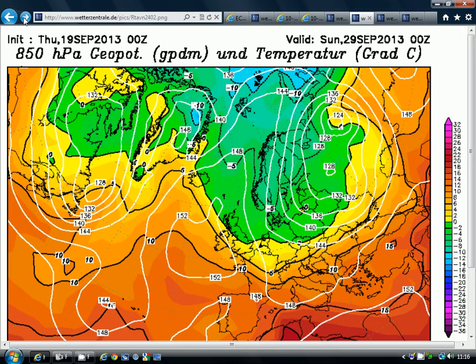And eventually, as we get through to day 10, which is Sunday the 29th of September, then we are bringing that cool air down around that area of high pressure, with high pressure trying to get up towards Scandinavia. Notice it's very cold over Scandinavia, with the -5 isotherm actually covering much of Scandinavia there. That would be cold enough for snow showers across quite a wide part of Scandinavia. That's hard to believe, but of course we are getting well on into the autumn now.